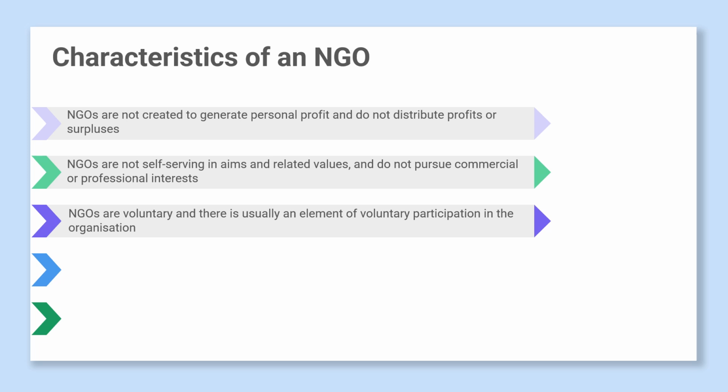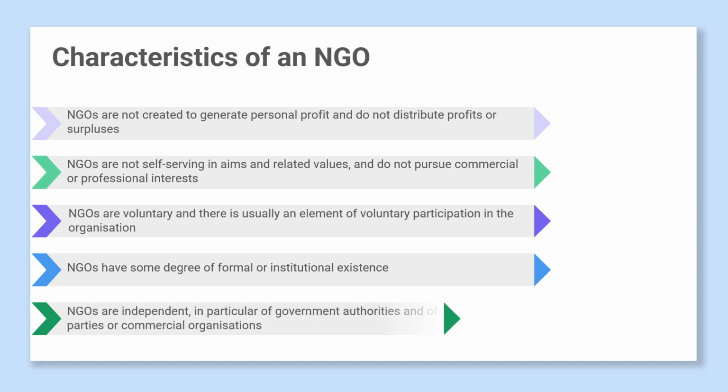NGOs are distinguished from informal or ad hoc groups by having some degree of formal or institutional existence. Usually, NGOs have formal statutes or other governing document setting out their mission, objectives, and scope. They are accountable to their members and donors. NGOs are independent, in particular of government and other public authorities, and of political parties or commercial organizations. As we mentioned in the previous slide,